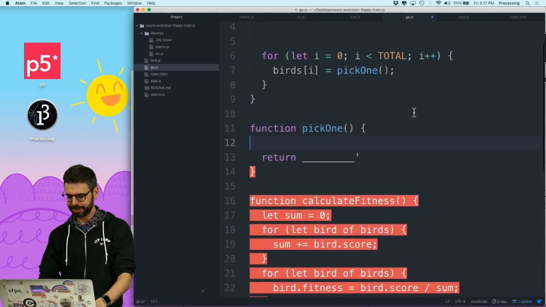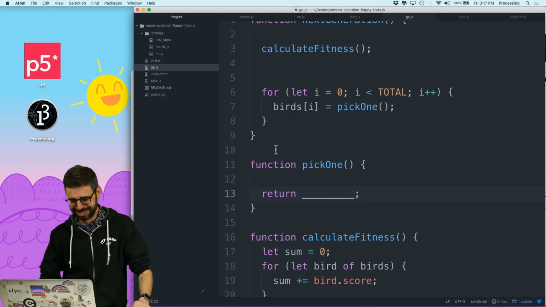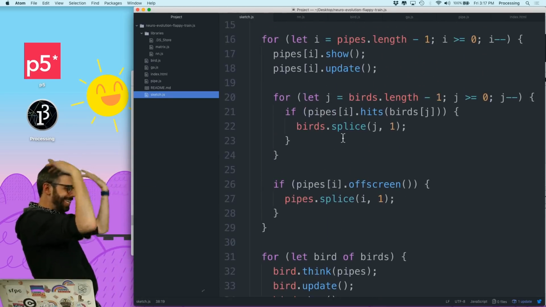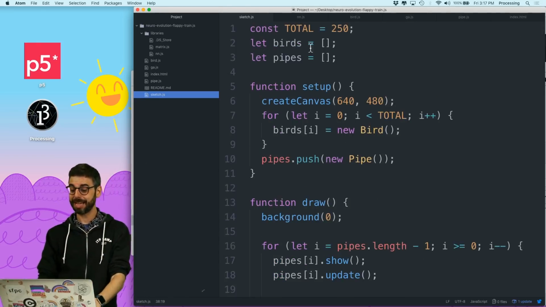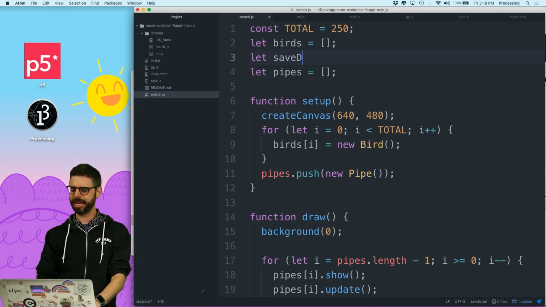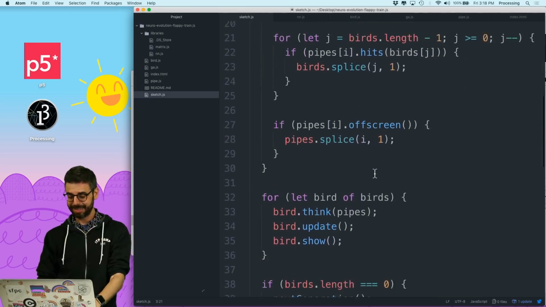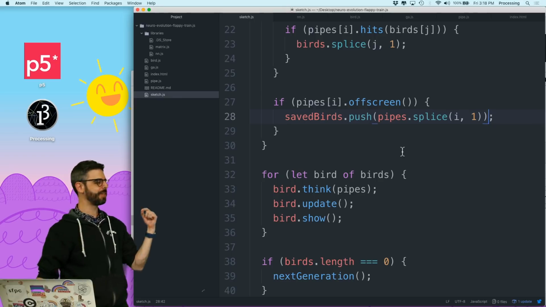So here's the thing. Where are all the birds? Where have all the birds gone? I kept deleting them. Anytime it hit, I deleted it. Here's the problem: I think I need a backup. What's going to be nice here is to say let birds equal an empty array. I'm going to have an array called saved birds. This is a little bit silly, but every time I delete one, I'll just say saved birds dot push pipe, because I'm pretty sure if you delete something from the array, it